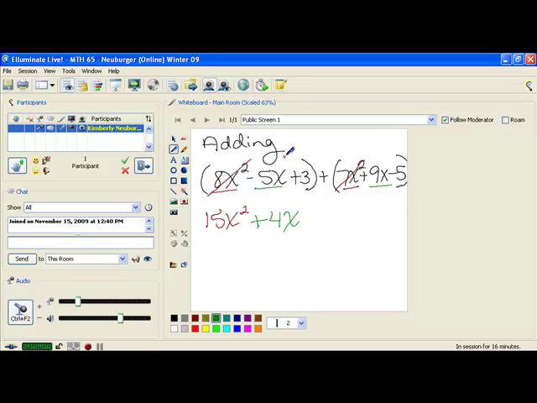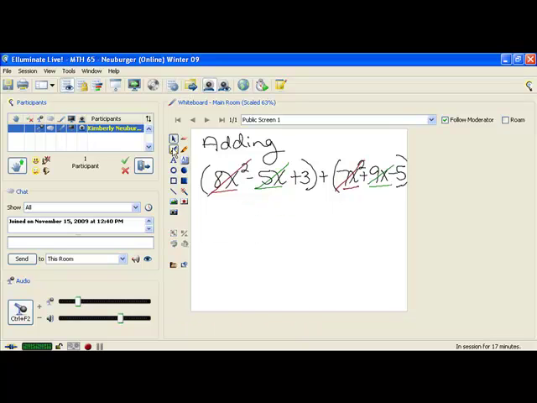Since I've combined those, I'm going to cross them out so that I don't look at them anymore. And finally, the only thing left are constants here, and a positive 3 and a negative 5 is a negative 2, so we'll put that on the end. And that's your answer, and because of the process we went through, this answer is already in descending order for us. Now the other way to do this problem is